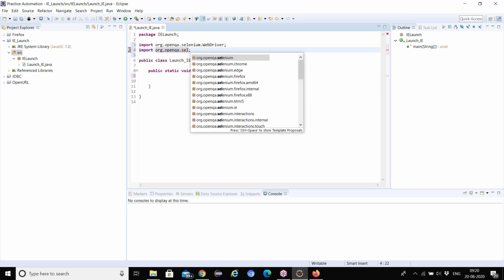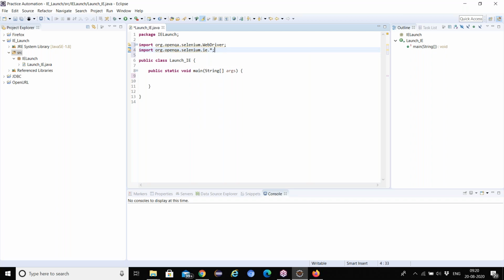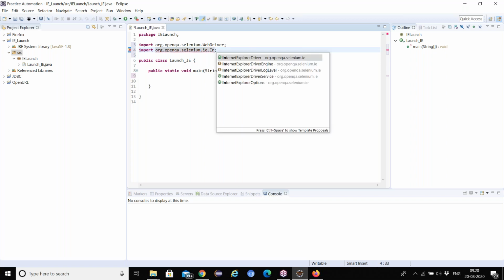You need to write ie after selenium. Select that one, and then InternetExplorerDriver. Use control space.